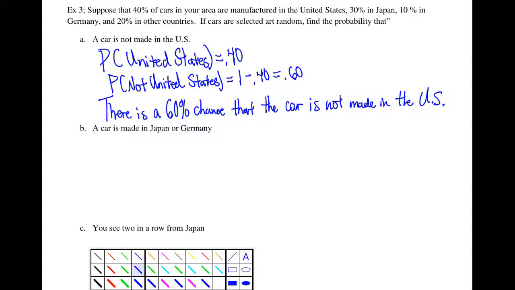Now transitioning to Part B. Part B asks, find the probability that a car is made in Japan or Germany. It is asking what is the chance that the car we select is either made in Japan or Germany. Therefore, we must use the addition rule, which says for two events that are disjoint, or events that don't have any outcomes in common, the probability that one or the other occurs is the sum of the probabilities of the two events. So we would write the probability of Japan and Germany